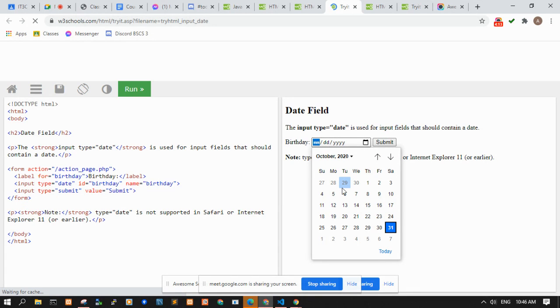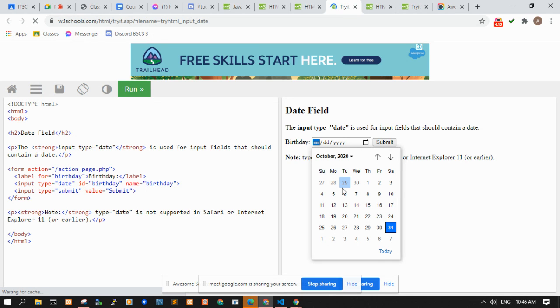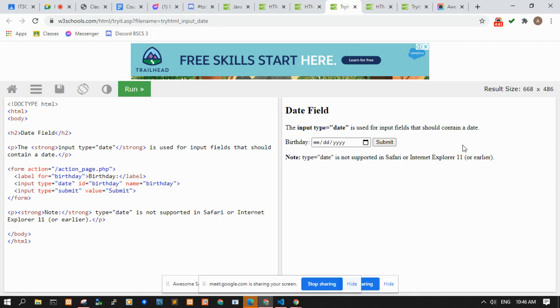Depending on the browser, it might display a different date picker. Whereas in mobile browsers, it may display it as a spinner for month, spinner for year, or spinner for day, or it can also be a date picker. So it depends on the browser.